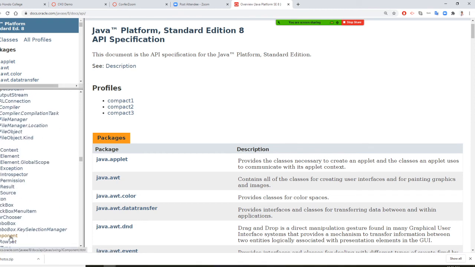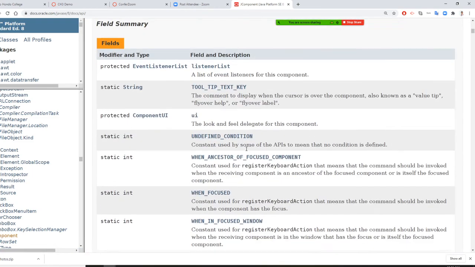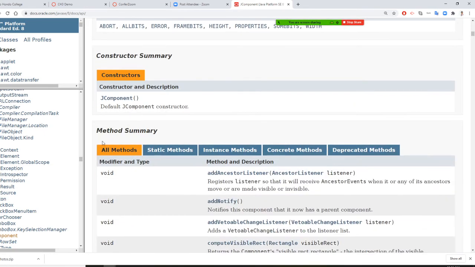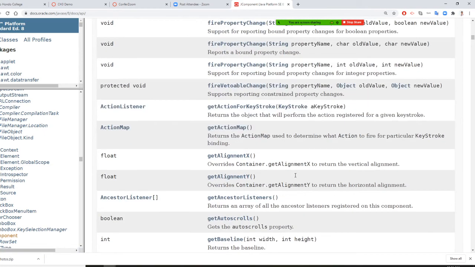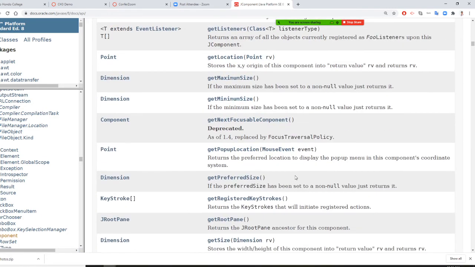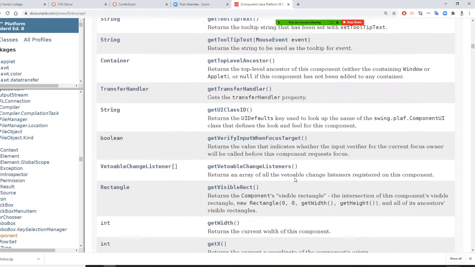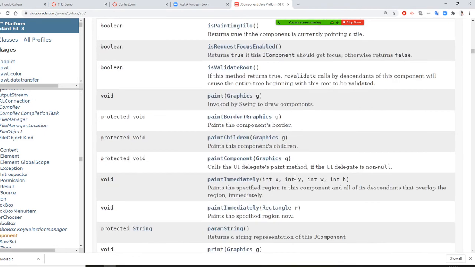For example, we have a JComponent, and we realize if I need to draw anything, I have to go to a method here. And I will find out if you want to draw anything, you have to get paintComponent, sorry, it has to be paintComponent, with Graphics g. So using this, you can use all the UI delegate. Also, do you remember we use